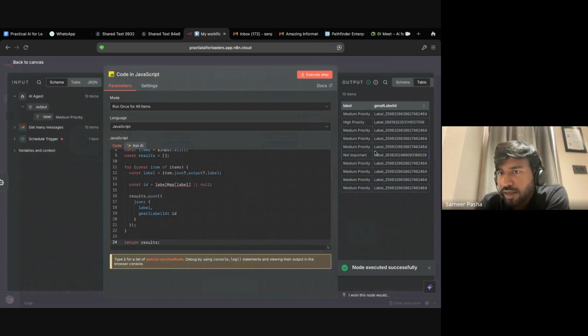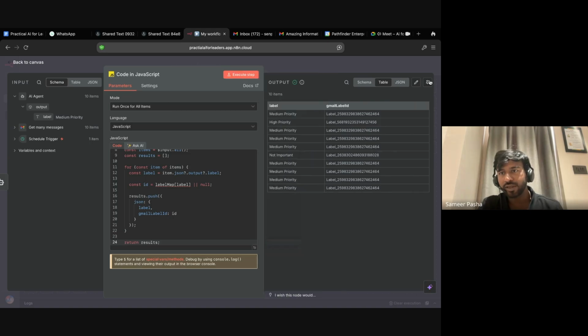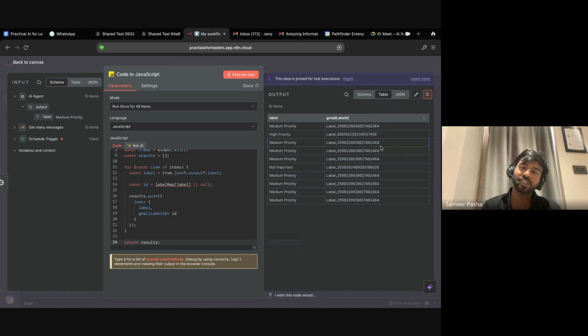Yes. Label, medium priority, Gmail label ID. So, yep, we got the outputs here. Now we connect this to the next node. We can pin the outputs rather than running the execution multiple times. You can just pin the output so that you don't have to run it again.